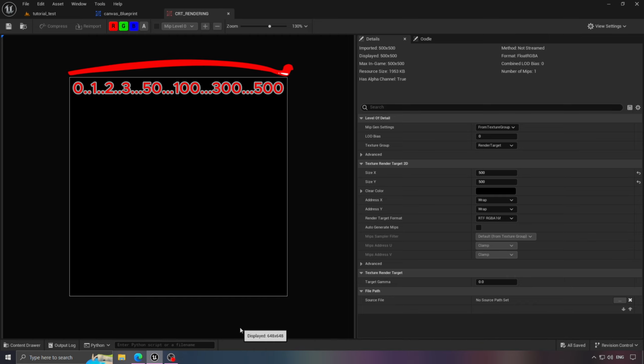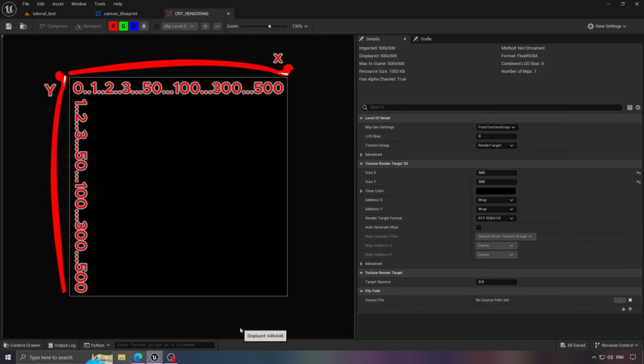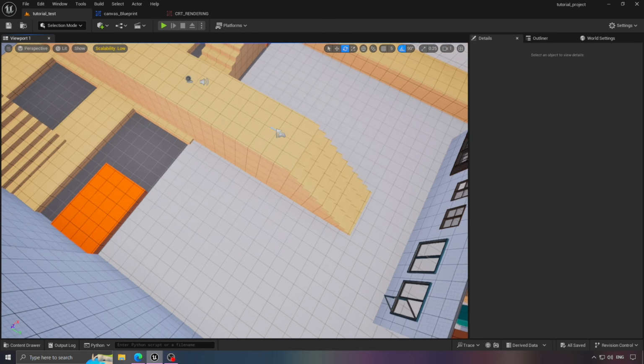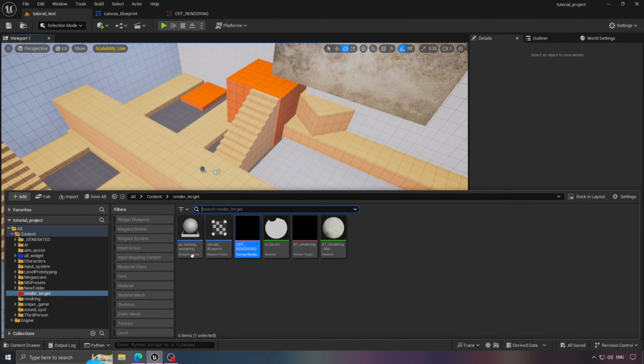From left to right are the positive x-axis values increasing until they reach the texture limits, and from top to bottom are the positive y-axis values, where their value increases starting from 0 until the texture limits. To test the matter, we go to the previous actor